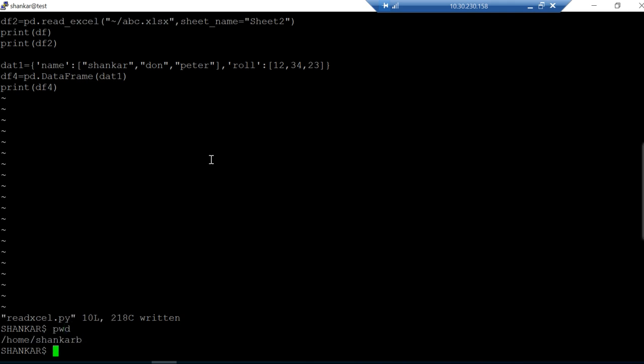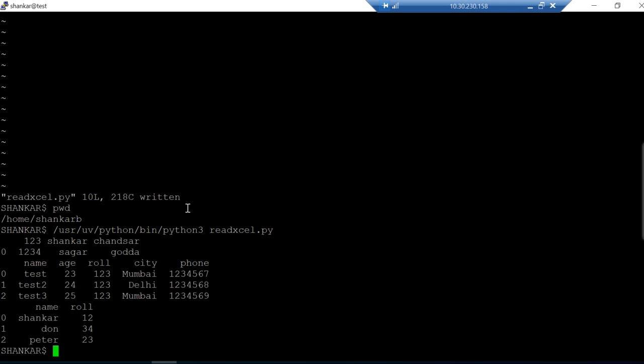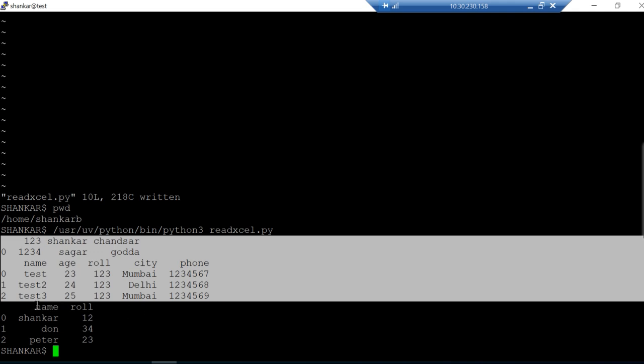So which folder are we in? We are in the home folder. So we'll just call the Python interpreter. We go to where it is: it is in Python, then bin, and we have Python 3, I guess the latest one. Okay, and then our program, which is read Excel. Once we do this, see, this was the earlier output, and this is what we created